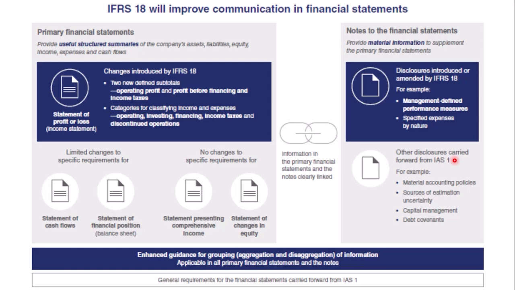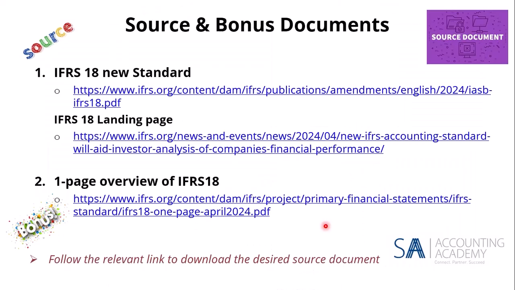It must be comparable, it must be reliable, all of those. But in terms of material accounting policies, sources of estimation and uncertainty, capital management and debt covenants, those are all carried forward from IAS 1, so no changes there. But IFRS 18, you'll see we will start using it very seamlessly, and I'm sure most of you use financial statement packages to draft. So whether it is Caseware or DraftWorks or whatever the case may be,